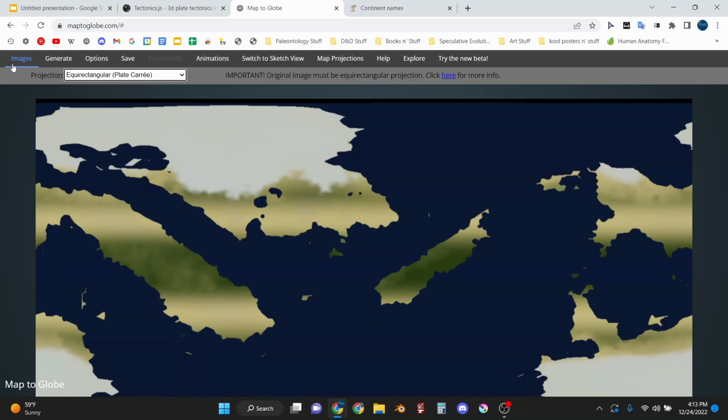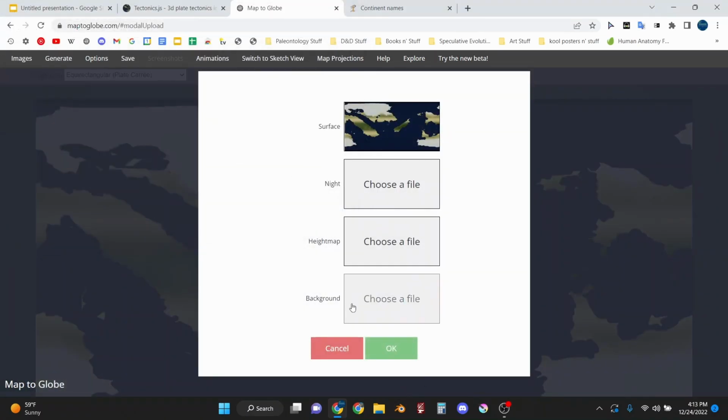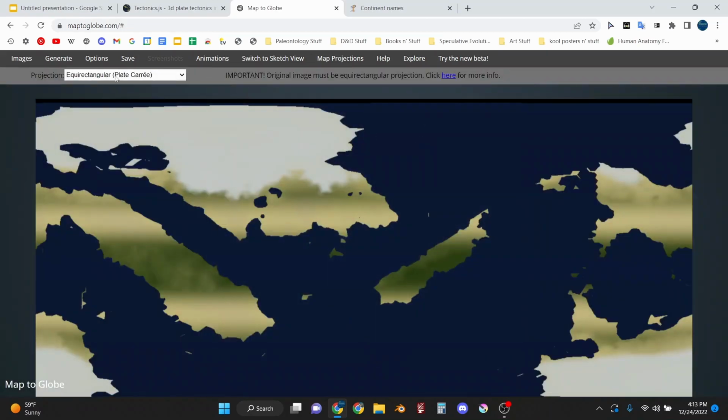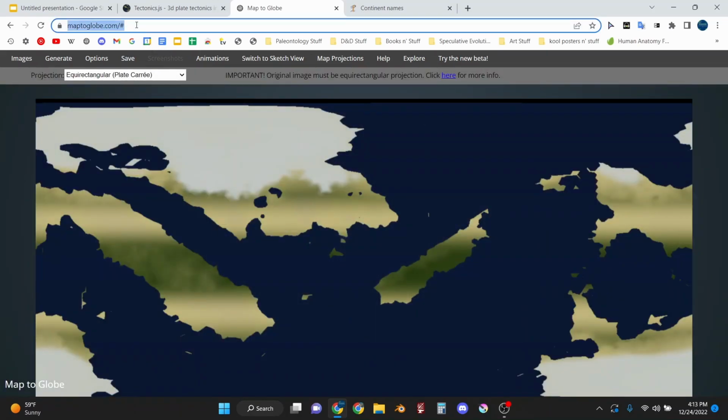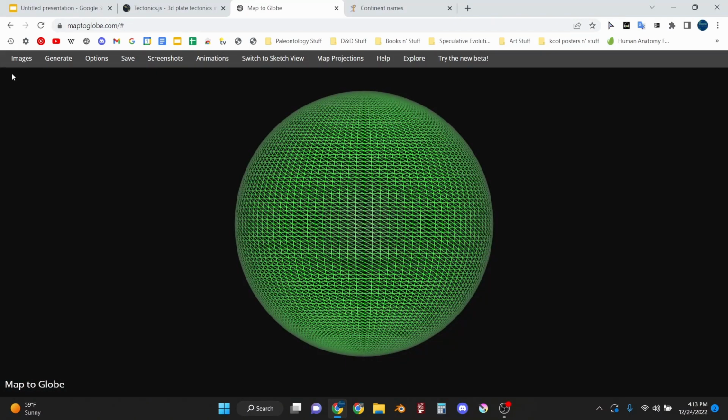And once you have your map, you can go to maptoglobe.com. Don't be alarmed if it doesn't load the first time. Let me just reload this. Don't be alarmed if it has some kind of 404 thing the first time. It happens. It's weird. So maptoglobe.com. That's M-A-P-T-O-G-L-O-B-E period com